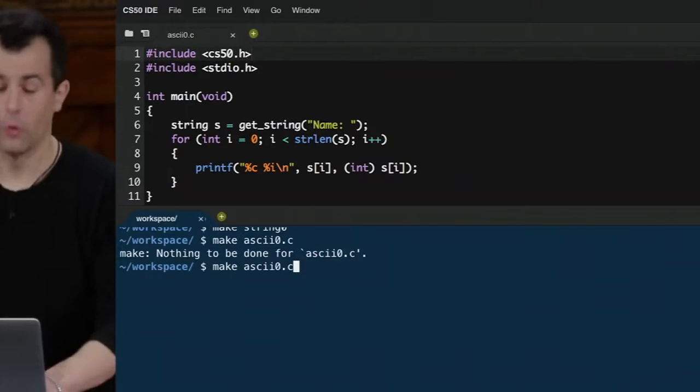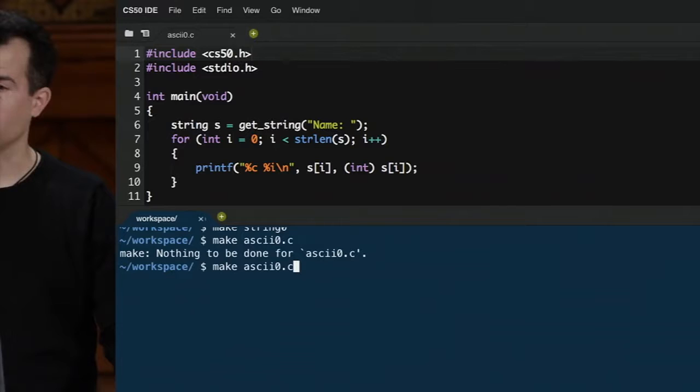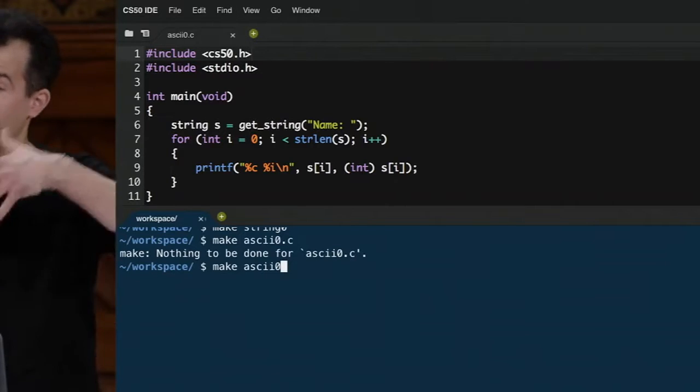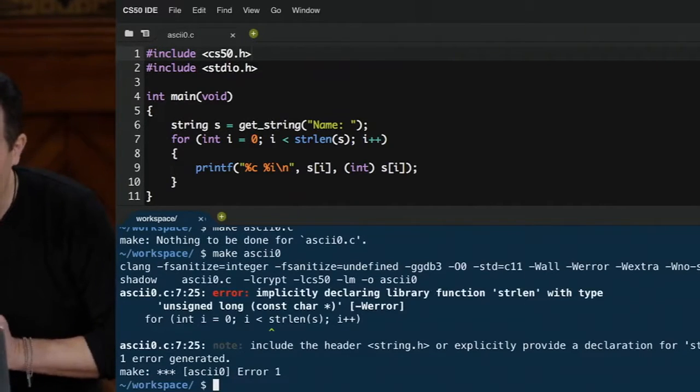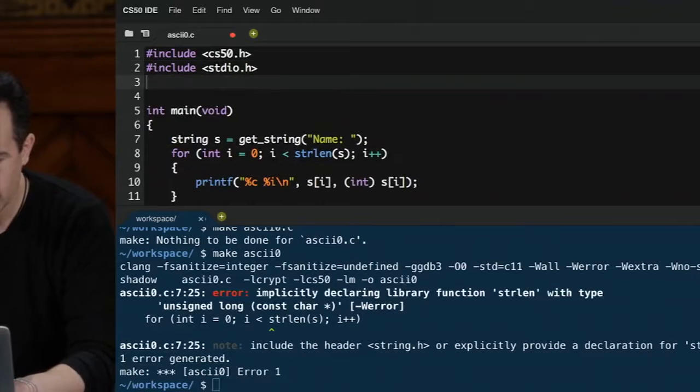Oops, sorry. Oh, common mistake. Nothing to be done. I'm pretty sure there's something to be done. I need to compile it. What did I do wrong? Yeah, don't put the .c. It's a little counterintuitive, but when you want to make a program, you type the name of the program, not the name of the file. Now oh, damn it. I almost learned from my mistakes. What am I missing now? string.h. All right. Include